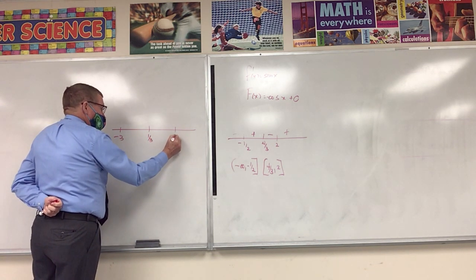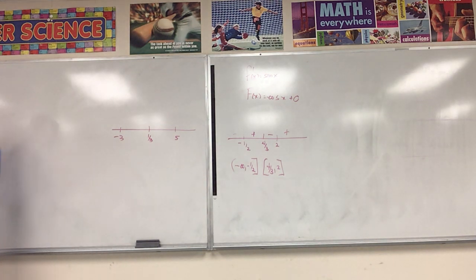But why is it -3 and 5? Because I just asked for zeros. I'm just asking you guys, what are my zeros? 1/3, 5, and then